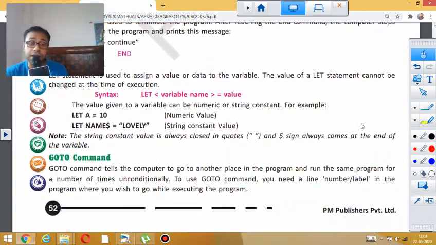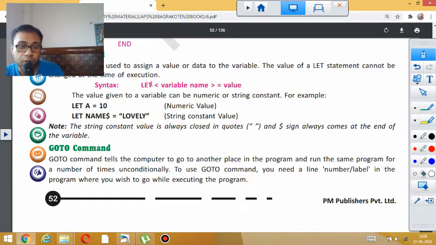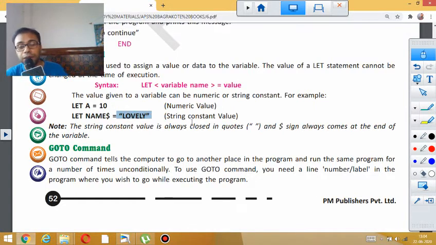And the LET command is used for assigning or considering or assuming any form of value. Now one thing we must remember, whenever it comes to a value, LET variable name equals value, like LET a = 10. But whenever you are assuming a string constant, you must put it in double quotes. So for any string value, suppose you want to set your name, LET name = "Rishabh". Okay, so that Rishabh will be in double quotation.